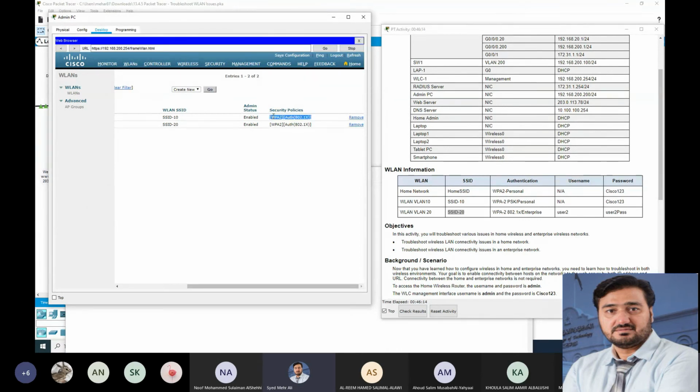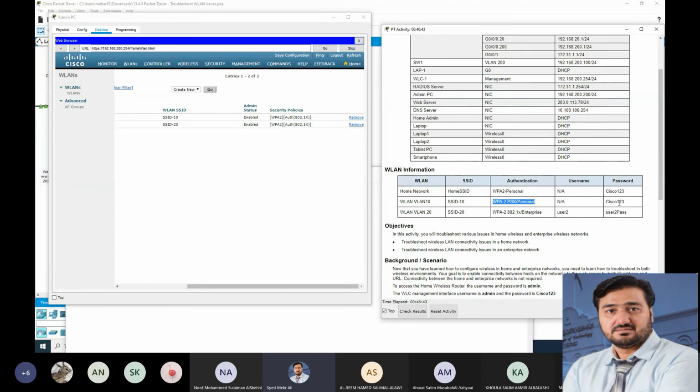First, we will check the security policy of wireless 10, SSID 10. Okay. So here wireless 10 is SSID 10 with WPA2 PSK personal. Sorry, no, this is the one. Yeah. So WPA2 PSK personal and Cisco 123 authentication.